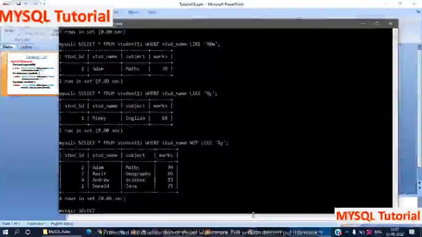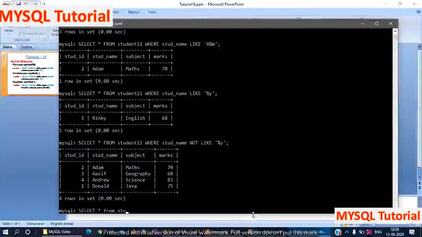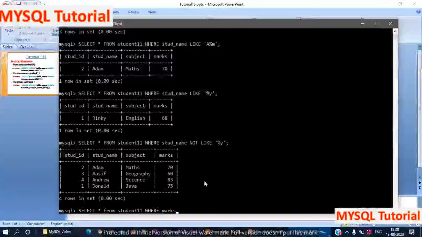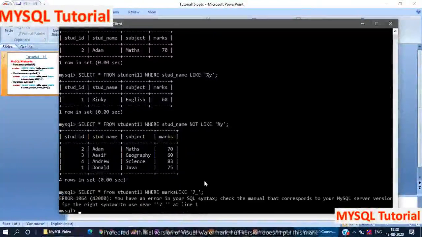SELECT * FROM student11 WHERE. Here I provide a condition on marks LIKE, just give the condition in single inverted commas, 70, then 7 underscore.